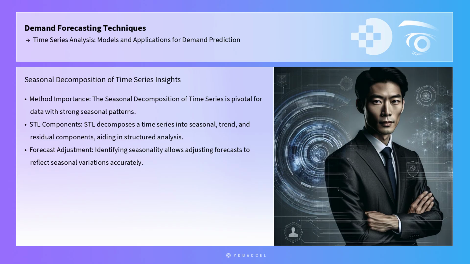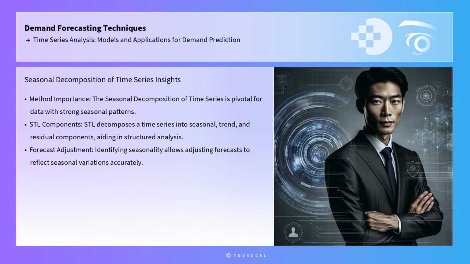The seasonal decomposition of time series is another pivotal method, especially when dealing with data exhibiting strong seasonal patterns. STL decomposes a time series into seasonal, trend, and residual components, providing a structured way to analyze and interpret the underlying factors driving demand. This decomposition is invaluable for identifying seasonality and adjusting forecasts to reflect seasonal variations accurately. By understanding these decomposed components, supply chain analysts can develop more refined forecasts, enhancing their ability to predict demand fluctuations